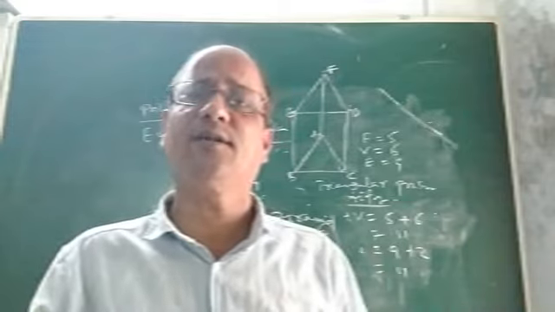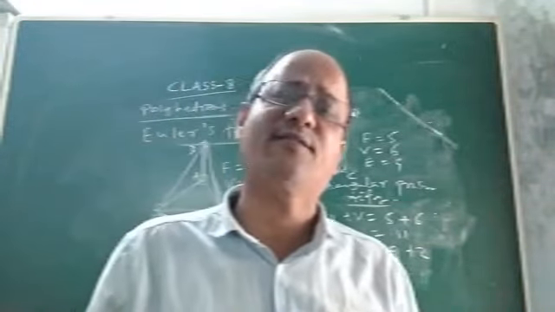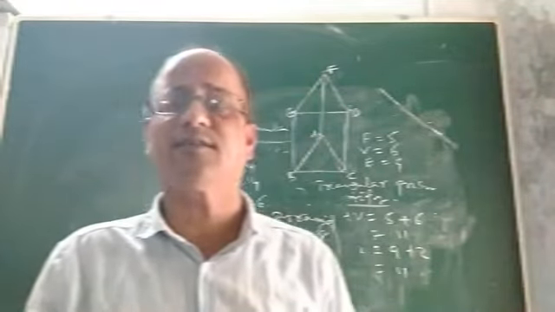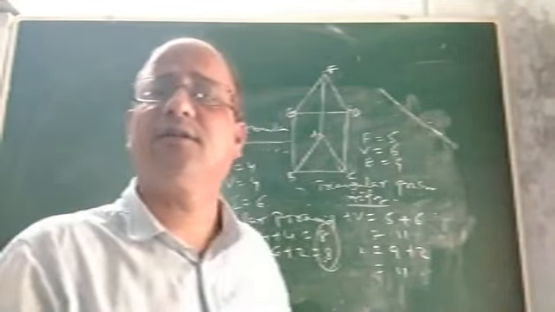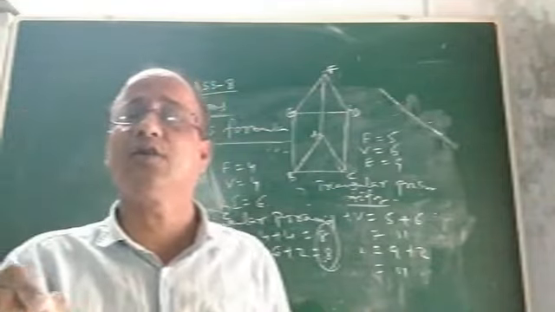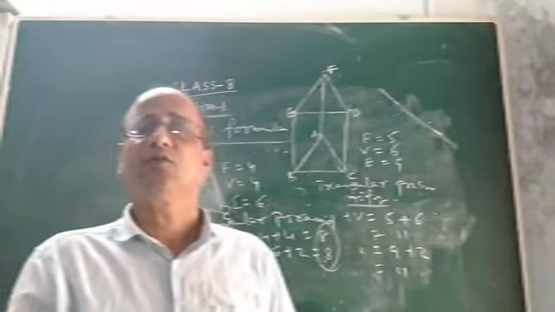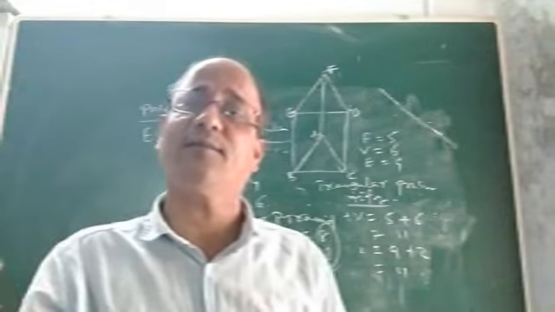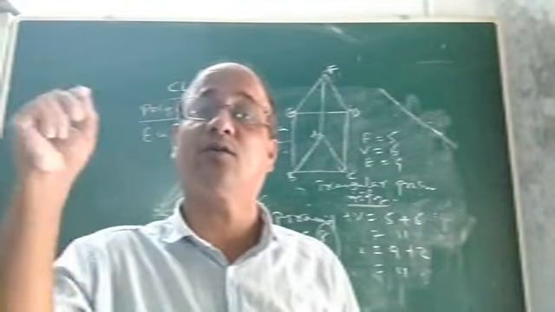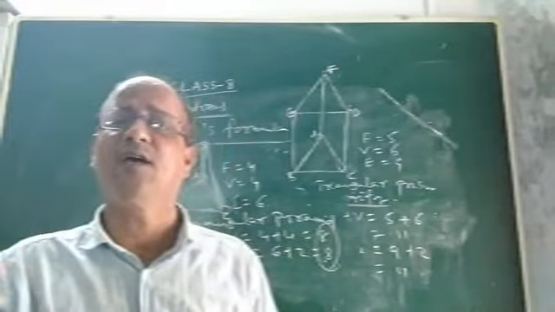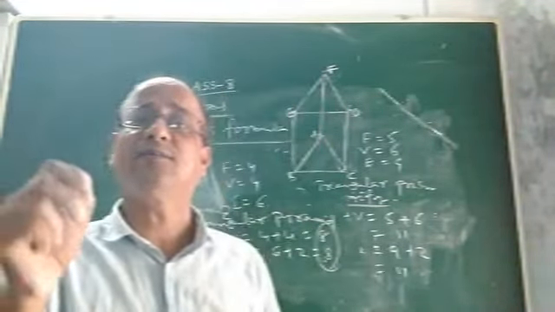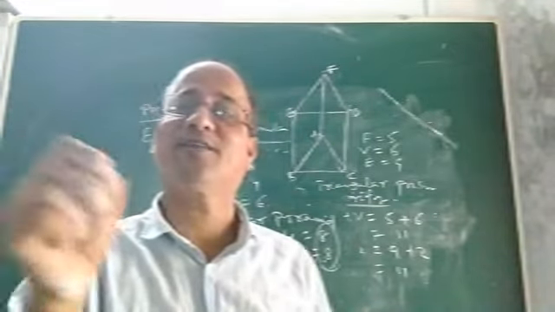The chapter is over, children. With this, the chapter mensuration of class 8 level as given in the CBSE syllabus has come to an end with the discussion of Euler's formula, and I am sure you must have understood. We will discuss another important chapter. There are very interesting chapters, namely statistics, probability, rotational symmetry. There are so many chapters left. We will discuss one by one, and I hope it is helpful to you.